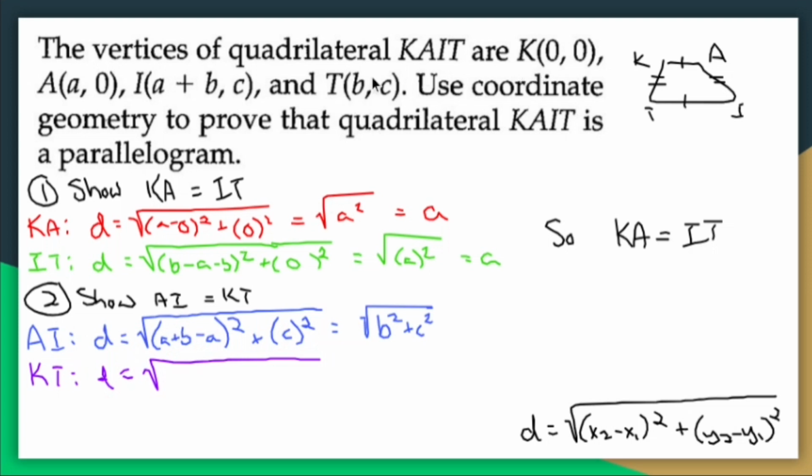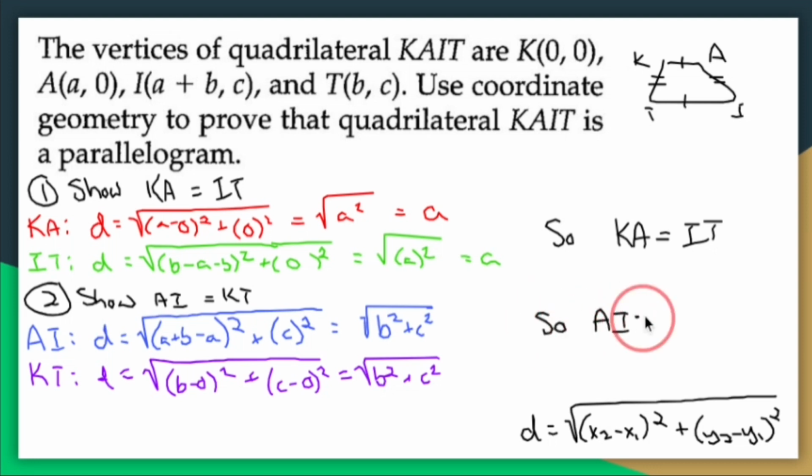So let's let u be my 2's and u be my 1's. I have a feeling this one's going to be a lot friendlier because of that double 0. B minus 0 plus c minus 0 is going to be b minus 0 is just b, so b squared. And c minus 0 is c, so c squared. So we just showed that AI is KT,